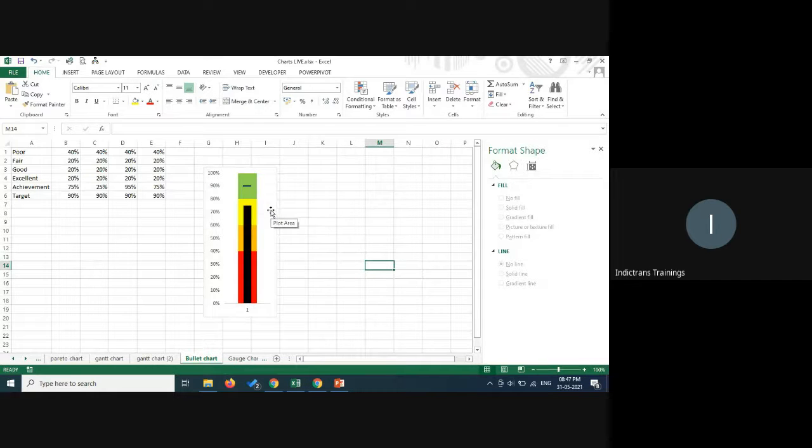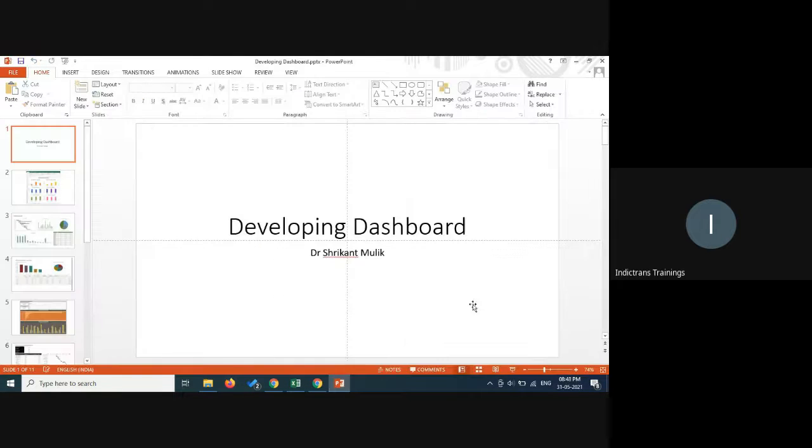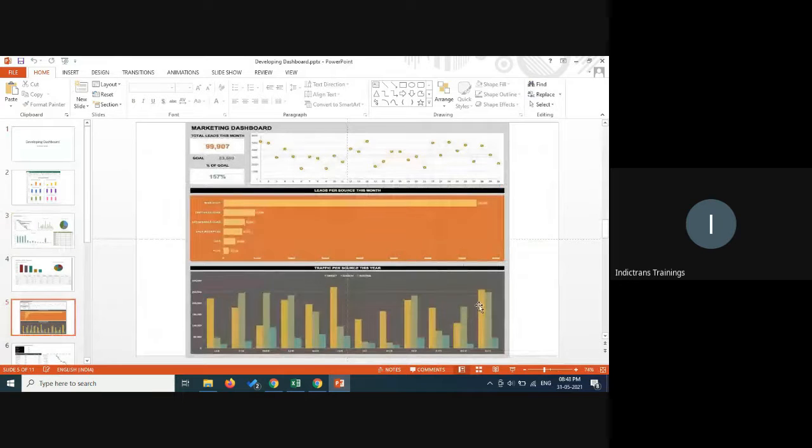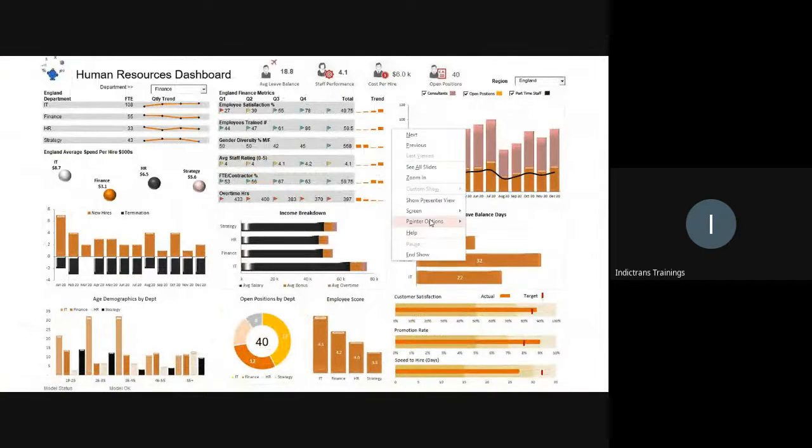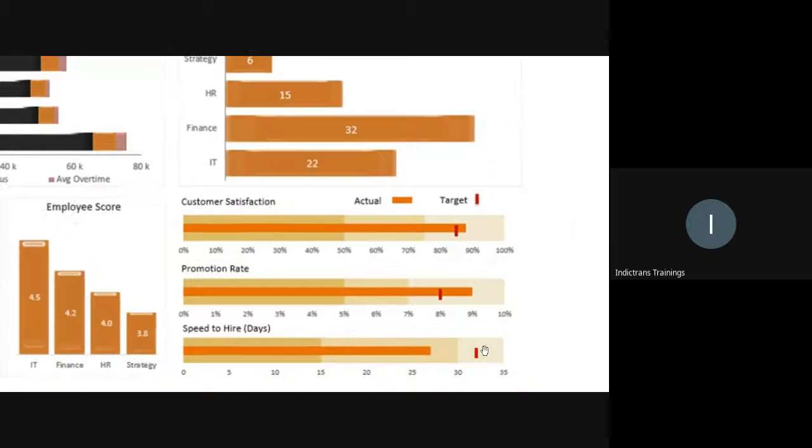I think my screen is shaded. Let's see. So obviously this is a little more work, but you could see it here. Can you see it? Let me zoom in. Yeah, this is what you see, but that is horizontal. So we took a column. We could take a bar chart. Exactly the same thing. This is 50%. Then this is a different performance band. This is actual and this is the target. So this is done in Excel only. So that is how you do it.